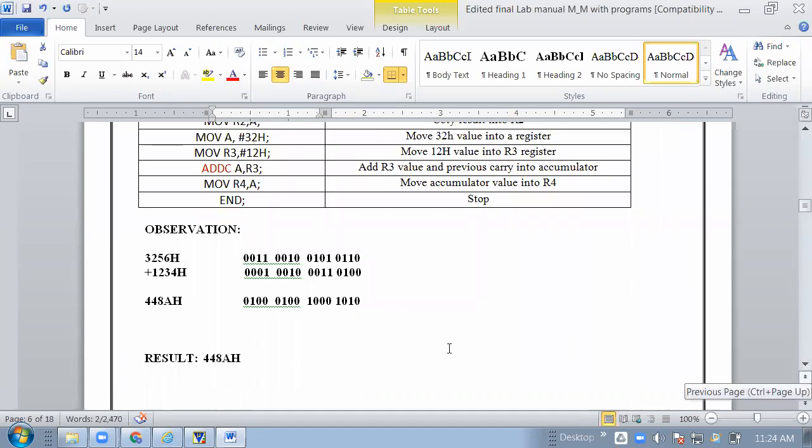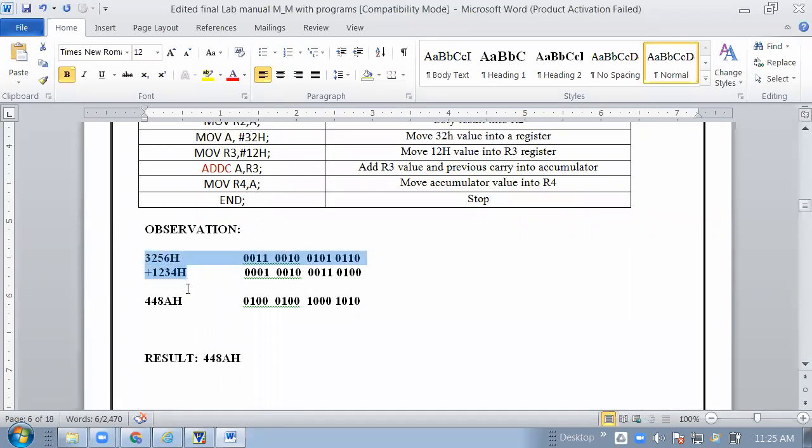See, this is the 16-bit addition, 34 and 12. In previous 8085, we are using the LXI, and in that we create a pair of the 16-bit register BC, then HL, and D. These are the pairs you have to create. Here, we are not creating a pair of any register.